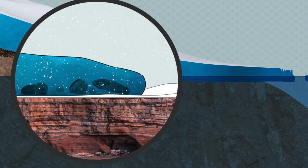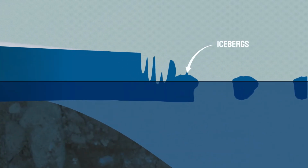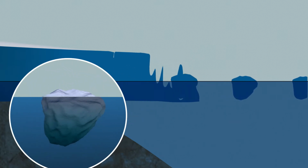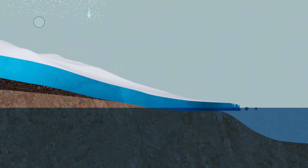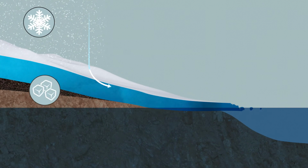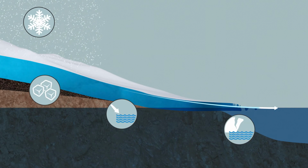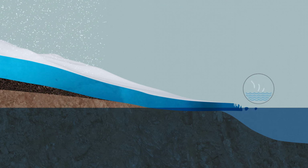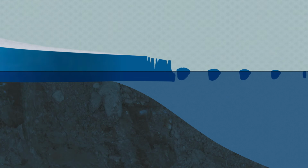Not only does this movement shape the land, but when it gets to the sea, the glaciers break off or calve into icebergs. Icebergs are the broken off pieces that float around in the sea, eventually melting. They're part of a cycle. The snow accumulates, turns into ice, slowly moves to the ocean, breaks off, melts, and then the water cycles into the air and it snows again. As the climate warms though, if there's more ice breaking off and melting than accumulating as snow, sea levels will